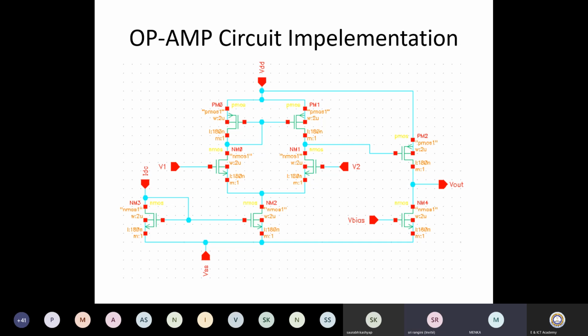The output stage is the level shifting. There are four stages of op-amp, you might be knowing: the input stage, then the amplification differential stage, again differential, and then the level shifting at the output stage. So this is how the op-amp has been created. Next slide please.